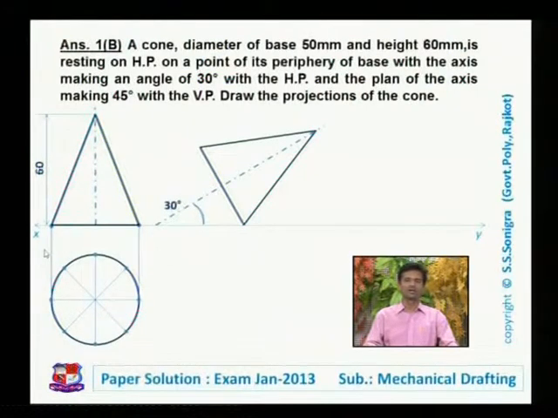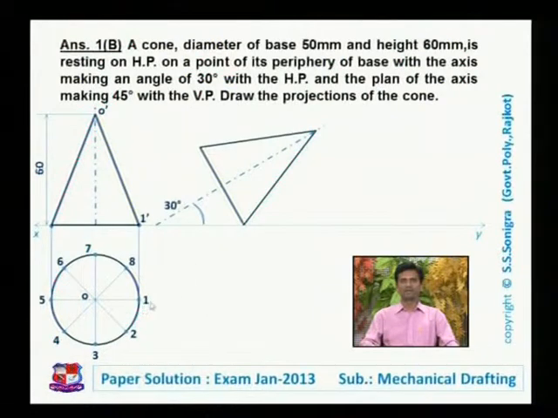So we have drawn imaginary generators over the outside of this cone. Name these points. Point number 1, 2, 3, 4, 5, 6, 7 and 8. 8 points are there over the periphery of this cone. Now this periphery is divided into 8 equal parts. The same points should be transmitted to its front view like this. This is apex point O, this is apex point O dash.